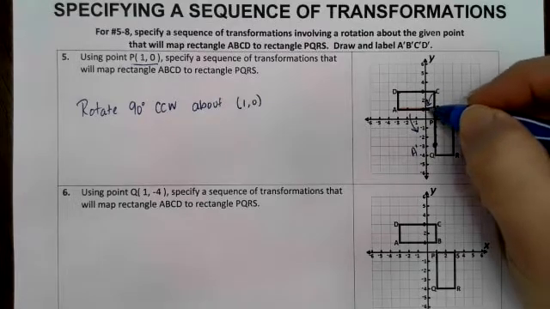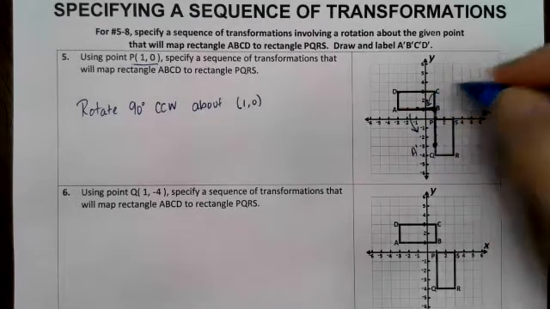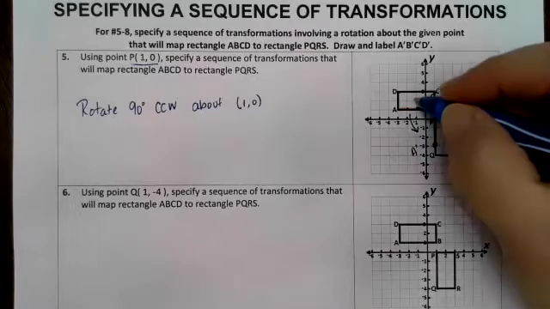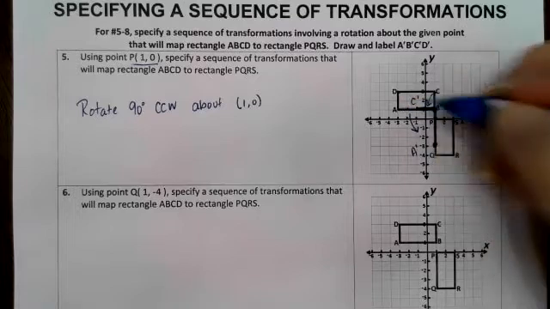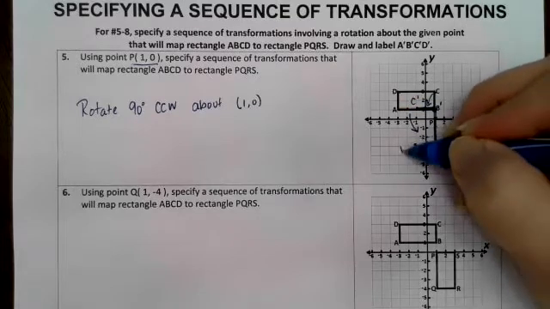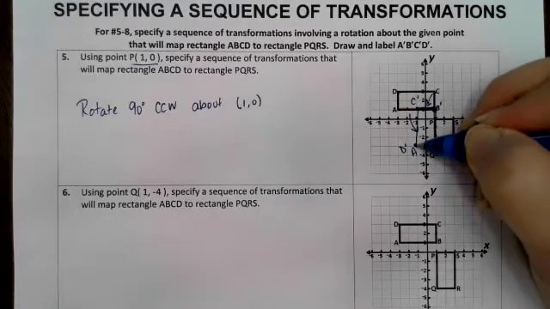This is 2 away. So I want 2 away. So here will be my C prime. My B and my B prime will be the same. So then I can kind of count out where my D is going to need to be. So here is my D prime. So here is my rotated